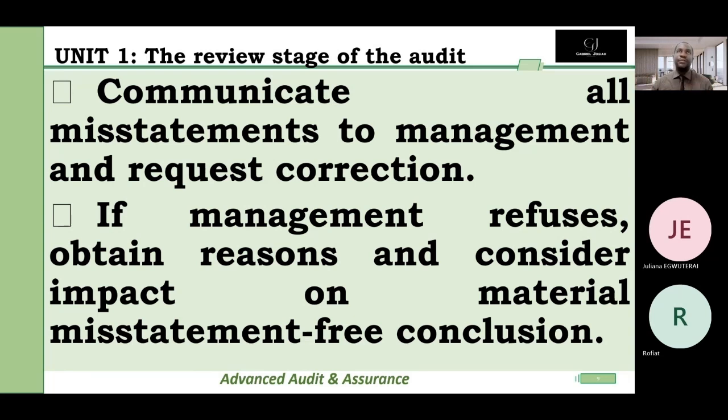So if management refuses to make the adjustments or whatever it is we are flagging, how it will impact the financial statements is very important. So the materiality of those amounts, the immaterial ones, and their reasons, if communicated to us, for not going ahead with our recommendation, we should capture and document. We should document all those very, very important